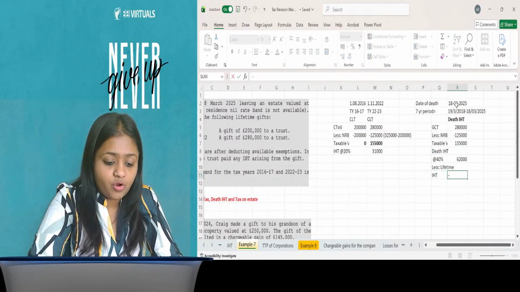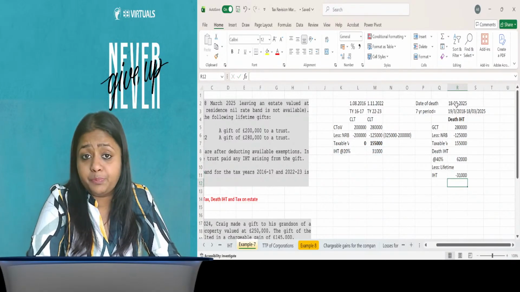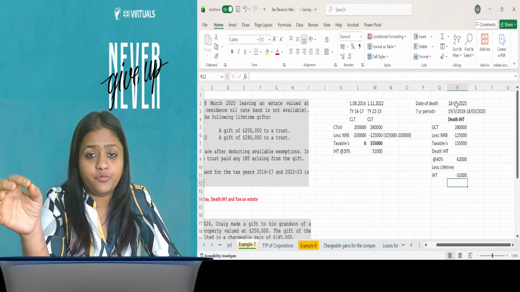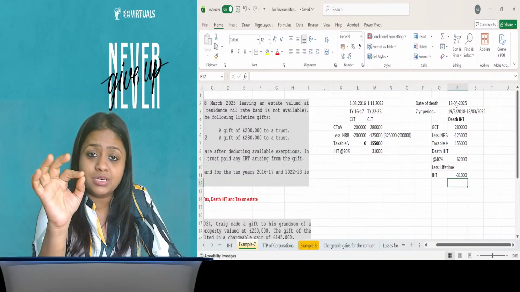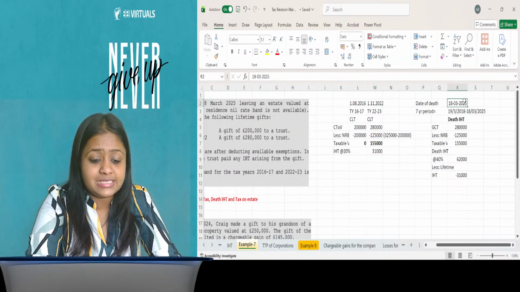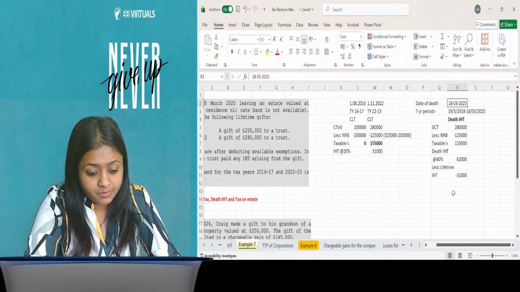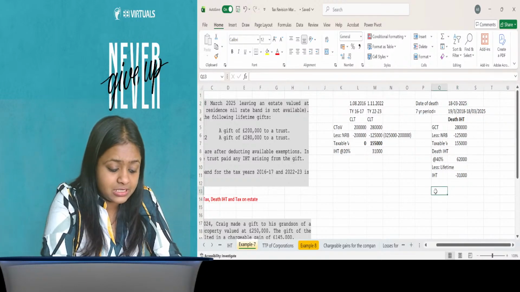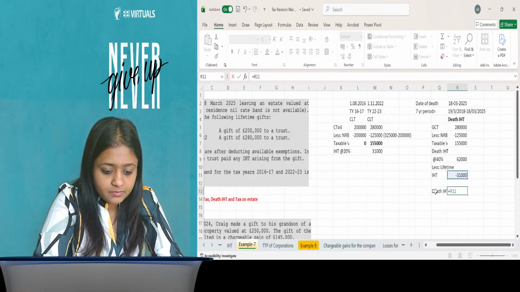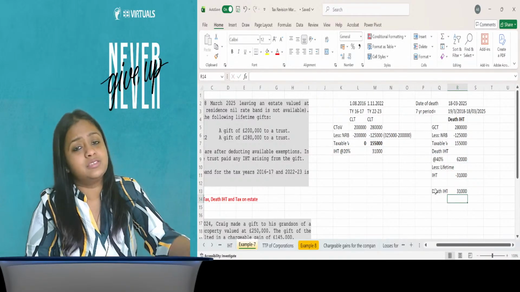Now from this, I will reduce lifetime IHT paid. Lifetime IHT paid, we have already calculated, 31,000. I will reduce it from here. Do we have any taper relief available? For that, the minimum period between the date of gift and date of death should be 3 to 4 years. Minimum 3 years should be there. The date of gift is 1st November 22. Date of death is 18th March 25. So it's less than 3 years. Hence, taper relief will not be available. So simply the net death IHT payable will be 31,000, and it is going to be borne by the donee as the donor has died.